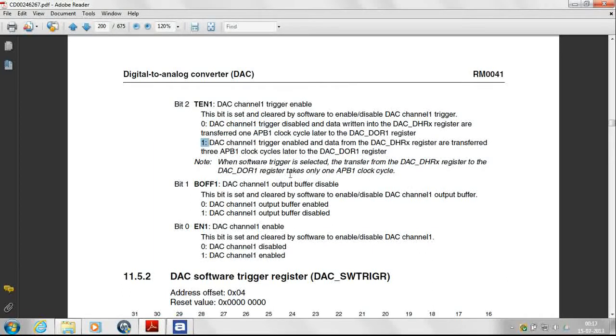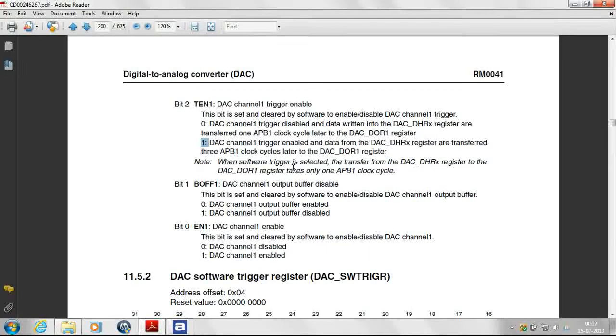We have set this and we are asking the DAC to be triggered on an event, and that event is the software trigger event. But what happens is the data in the data holding register is transferred to the register from which the conversion starts 3 clock cycles after the data has been written to the data holding register.